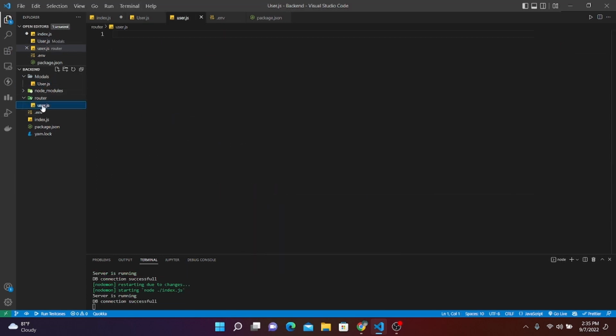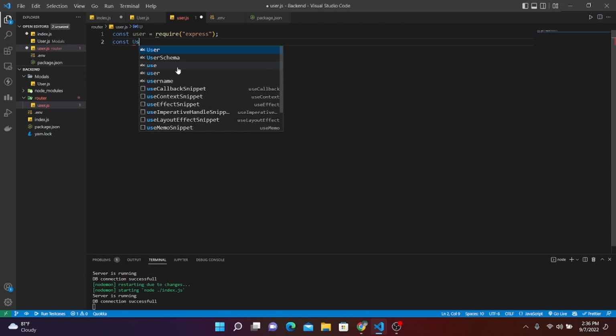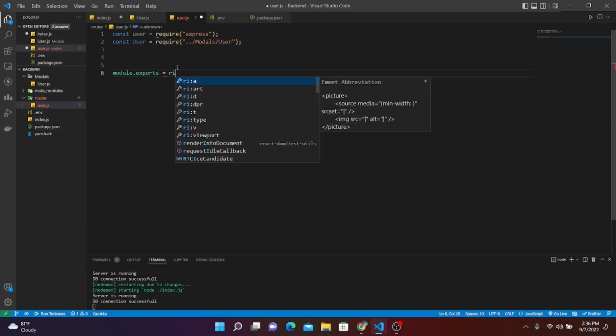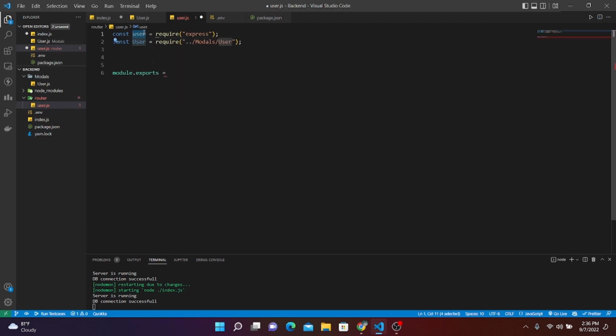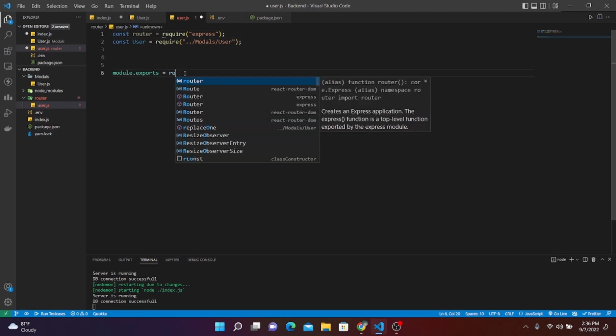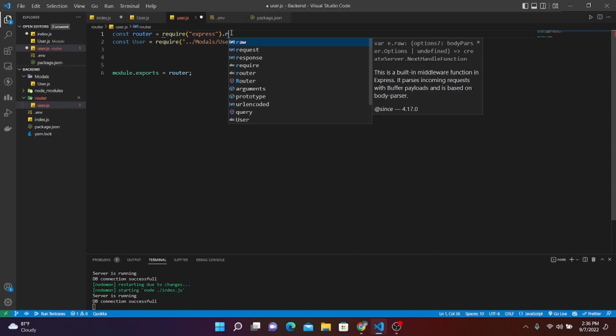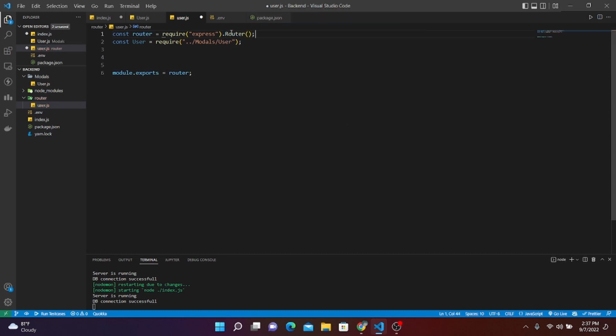So now let's save this, and let's go in our user.js, and here let's write const user, and require express. const user is called require, and let's import our model class user, and let's go here and write module.exports, and write router. Sorry for that. Now let's save this,